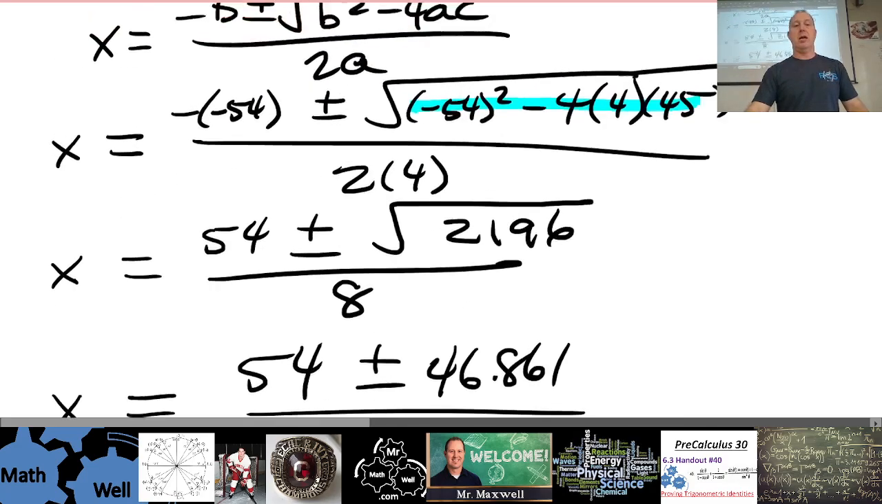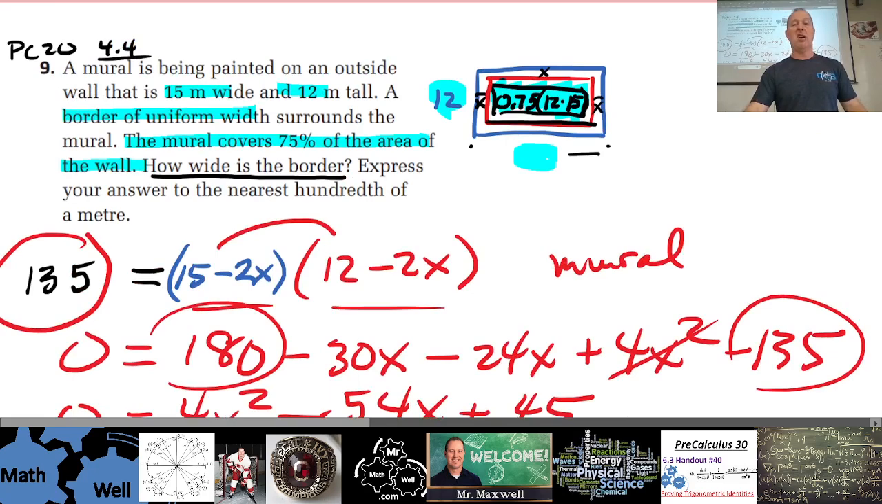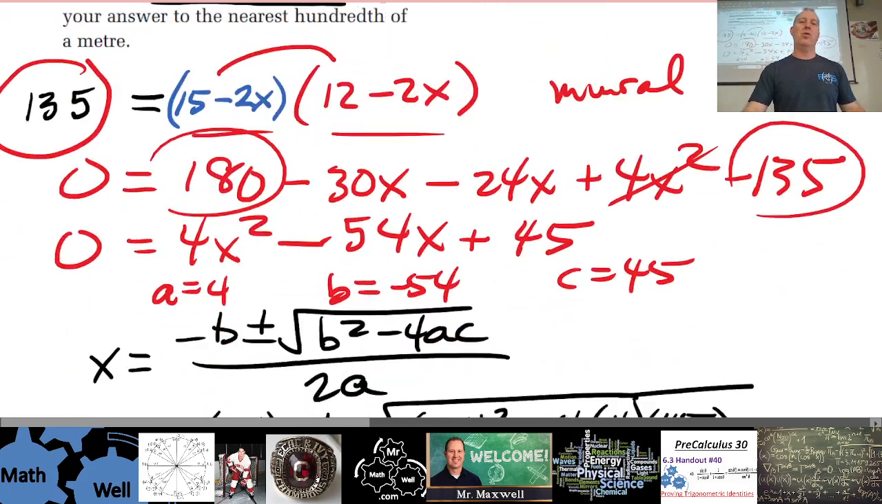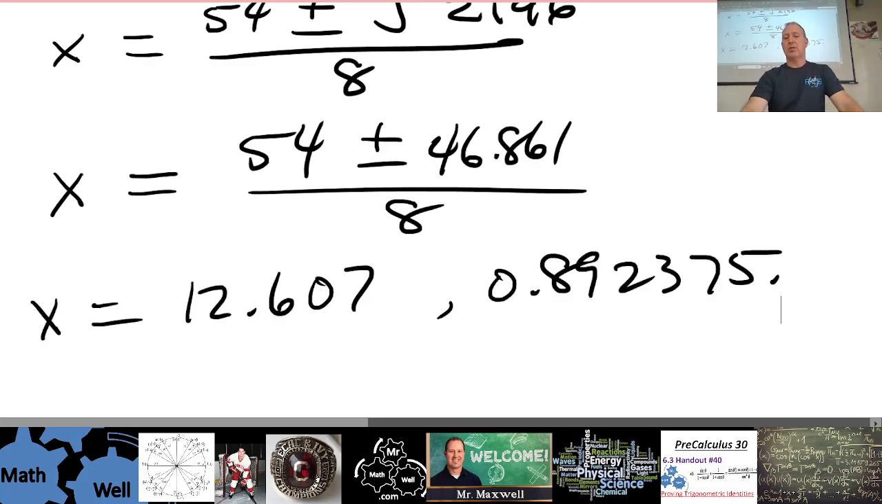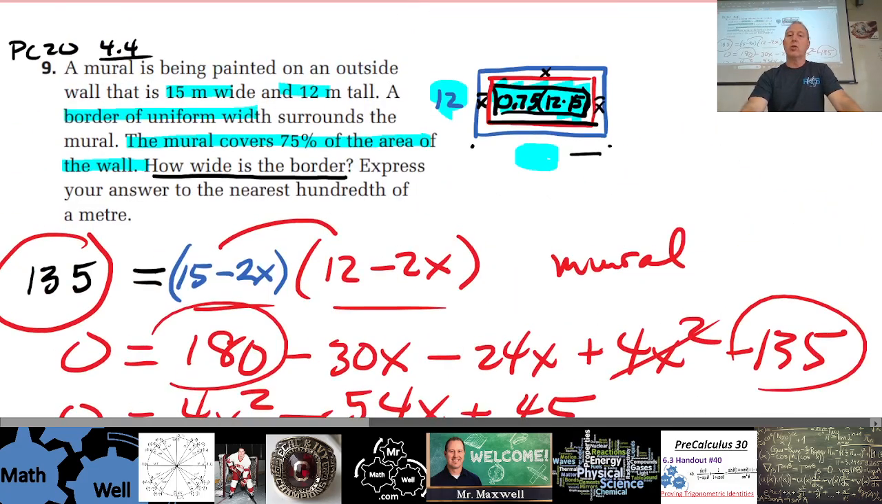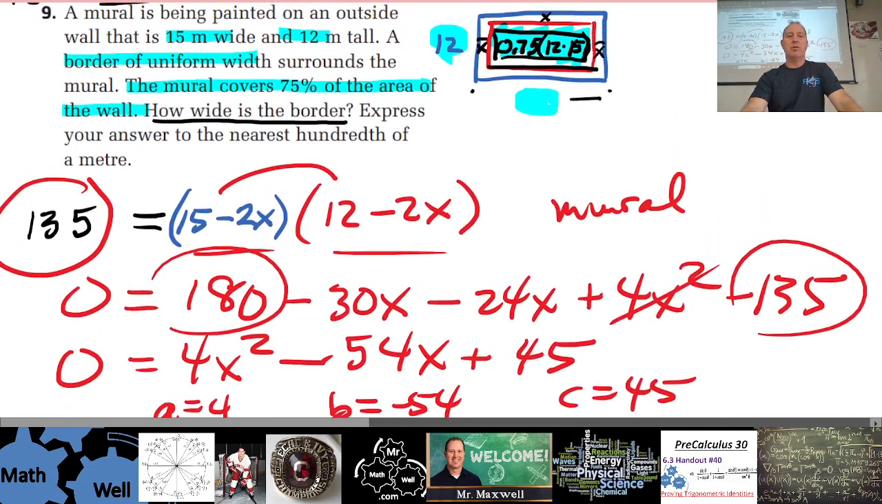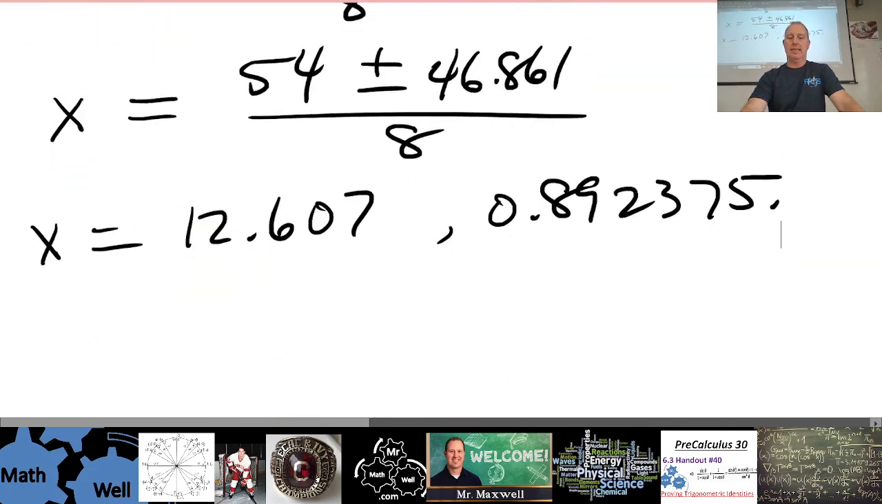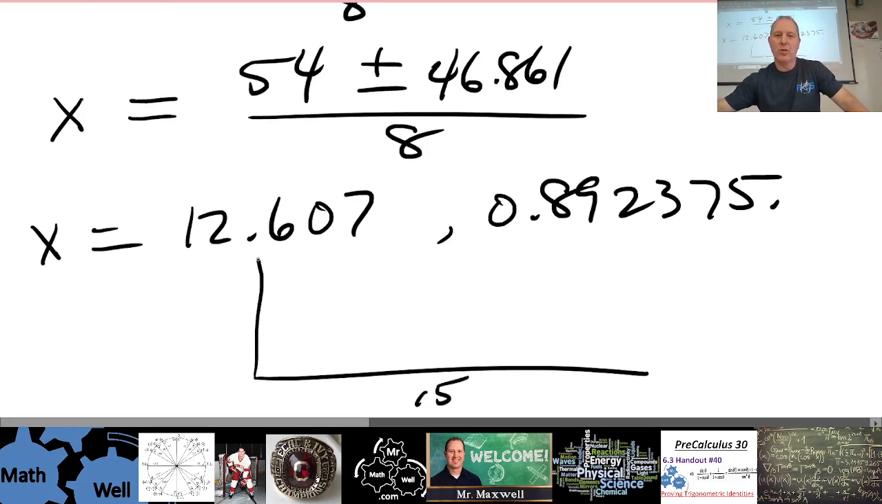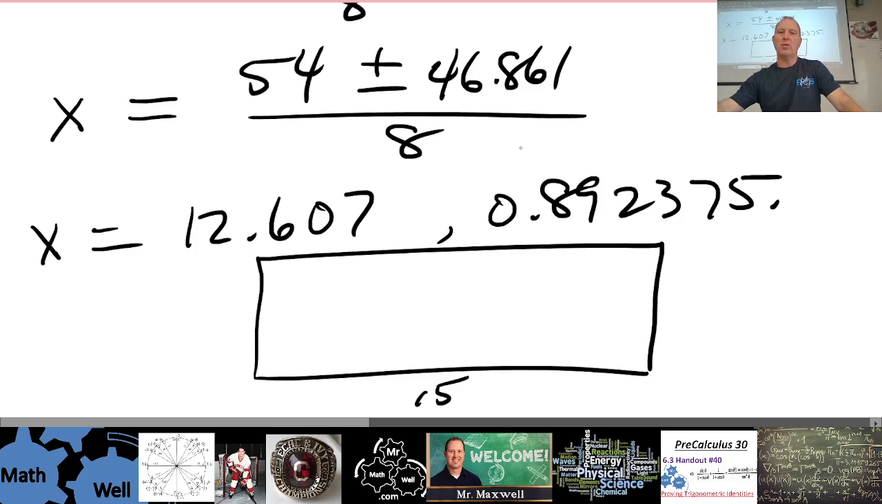Okay, is that a good thing? Yeah, because if x was negative, we can't have a negative length for a border, right? So we could have one or two legit answers here. These are our two possible answers that the math gives us. So let's just see if both these answers are okay. So I'm dealing with a wall that's 15 meters wide, right? 15 meters, and 12. So could we have a border of